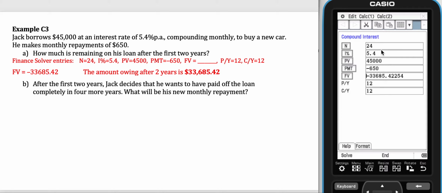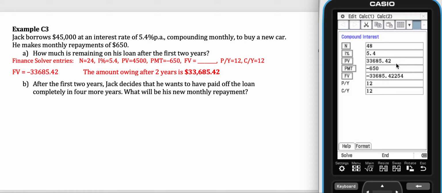So first thing that we might do is say, well, N is going to be in another 4 years. That's going to be 4 more lots of 12 payments because it's monthly payments. So 4 times 12 gives us 48. The interest rate isn't changing. The principal value is going to change because we're now imagining that if we almost restart this situation, he's not owing $45,000 anymore. What he's owing is the $33,685. So we put that value in,